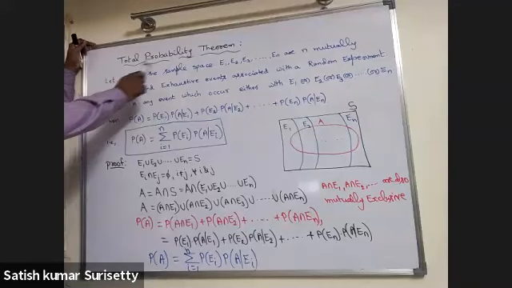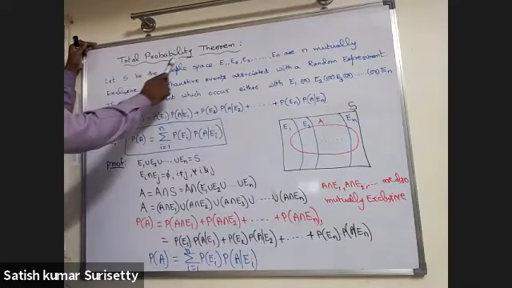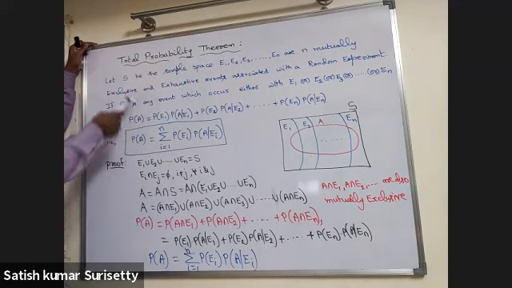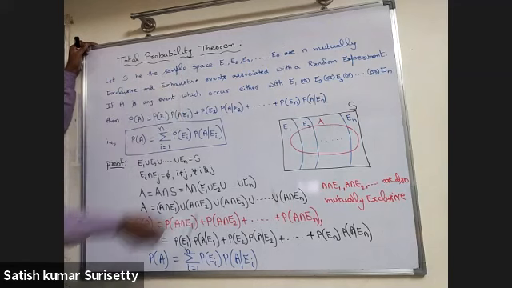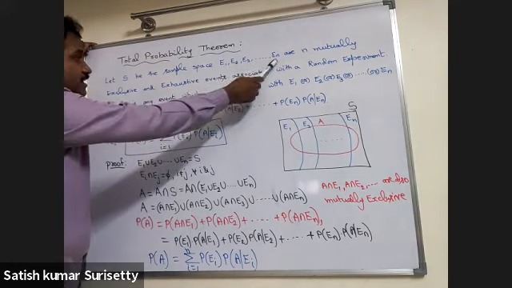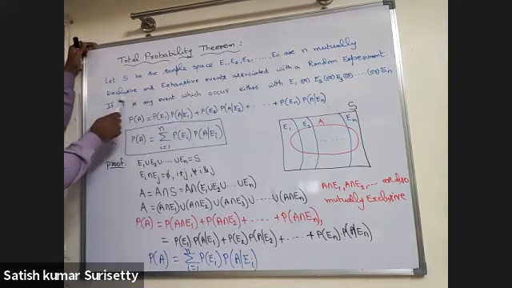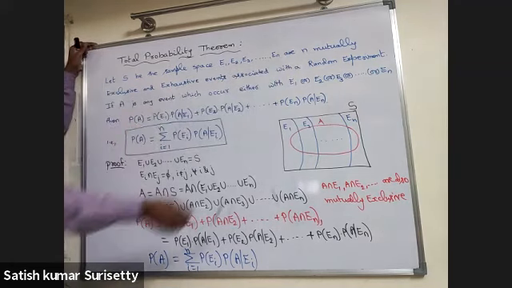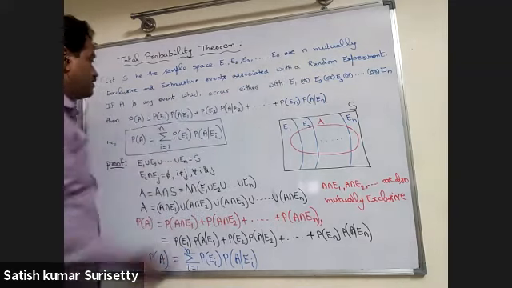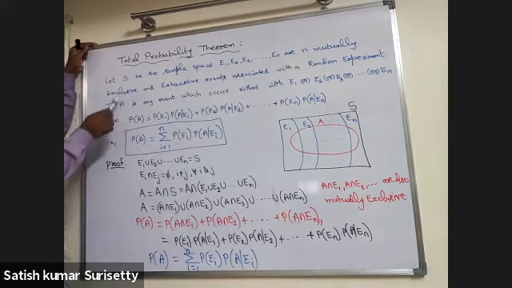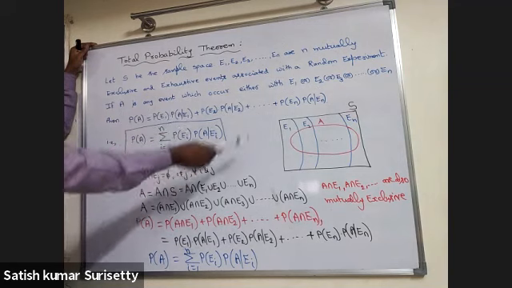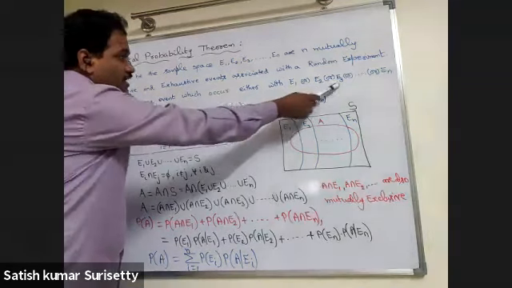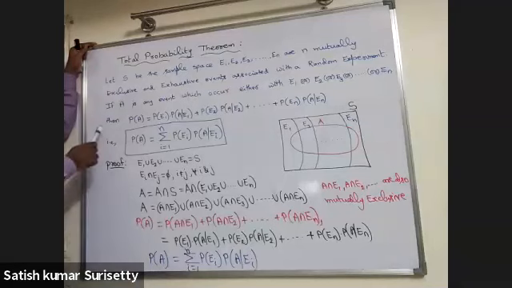Total probability theorem or law of total probability. Let S be the sample space. E1, E2, E3, and so on, En are n mutually exclusive and exhaustive events associated with a random experiment. If A is any event which occurs either with E1 or E2 or E3 and so on En, then probability